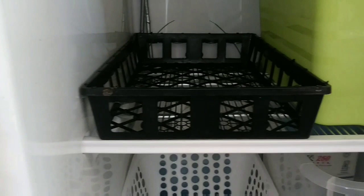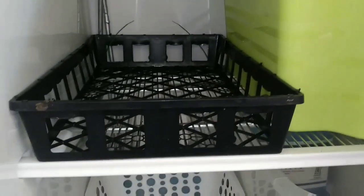I had no idea what was in here, and I kept buying more food. These bins I've had, but they fit in nicely too. And I just want things that I can pull out. This is a Dollar Tree one. And back there I have those